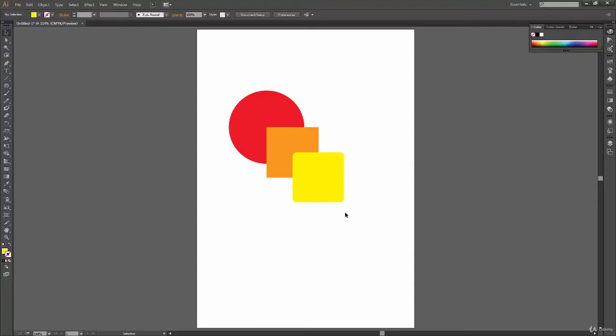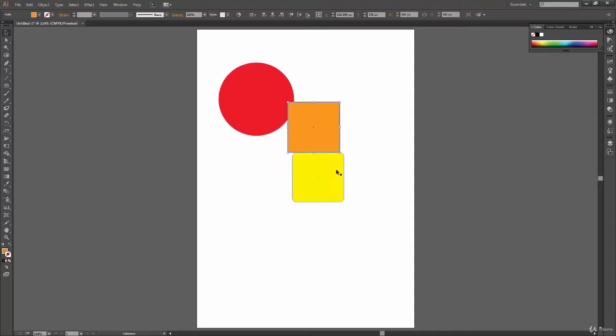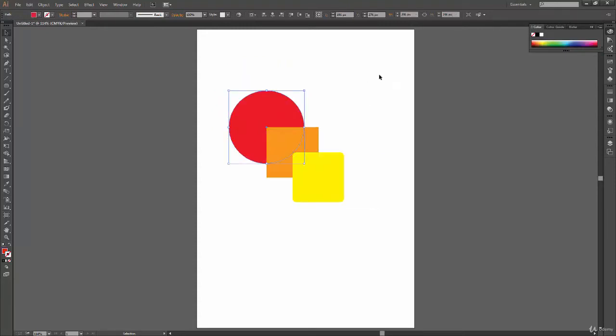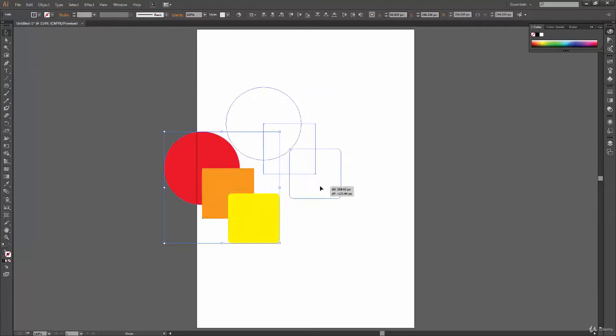Okay, so now if I am to move these shapes, then one thing I can do is select these shapes and move around. Now if I want to move them together, then what I can do is select all of these. I can just drag my mouse, so whatever shape touches this rectangle or falls inside this rectangle will get selected. So when you release your mouse, you have your shapes selected and can move around.